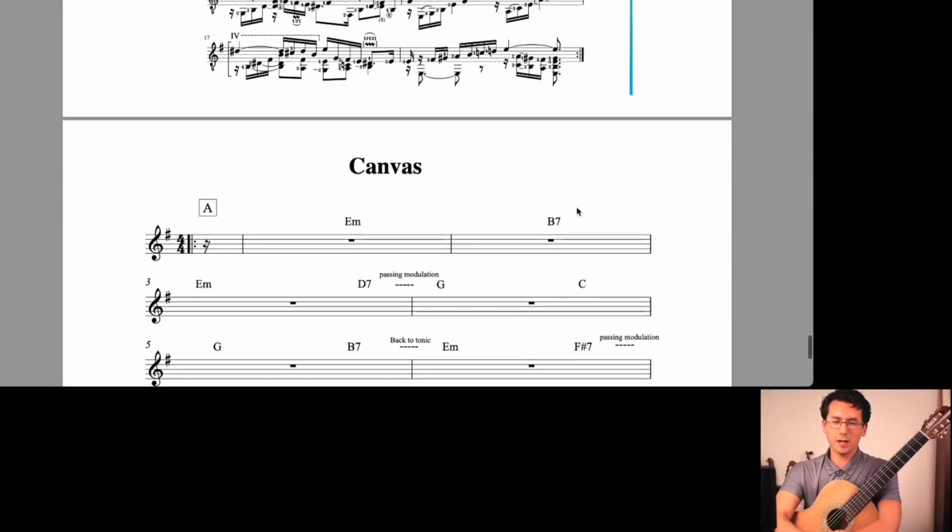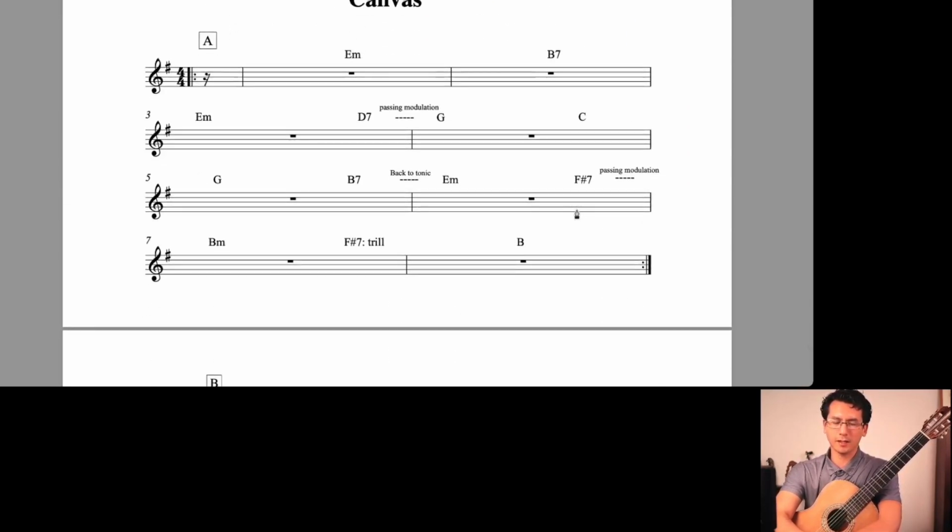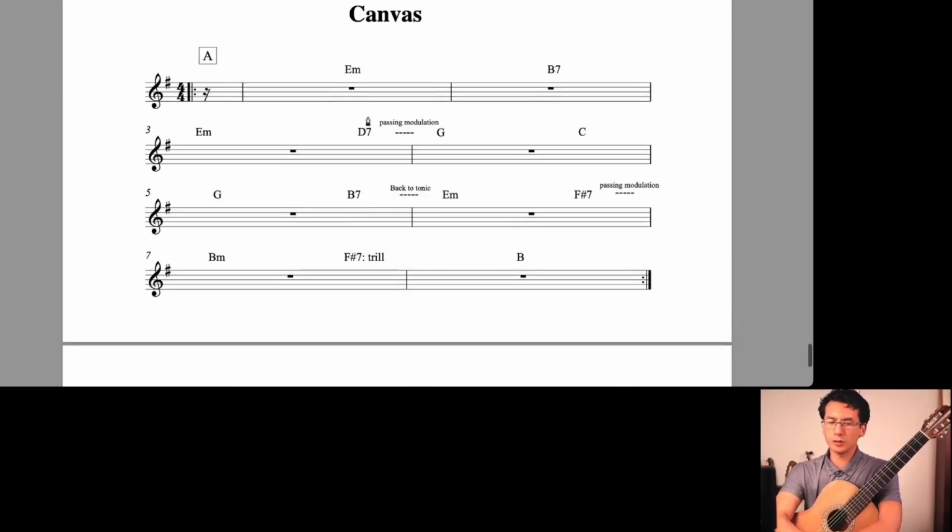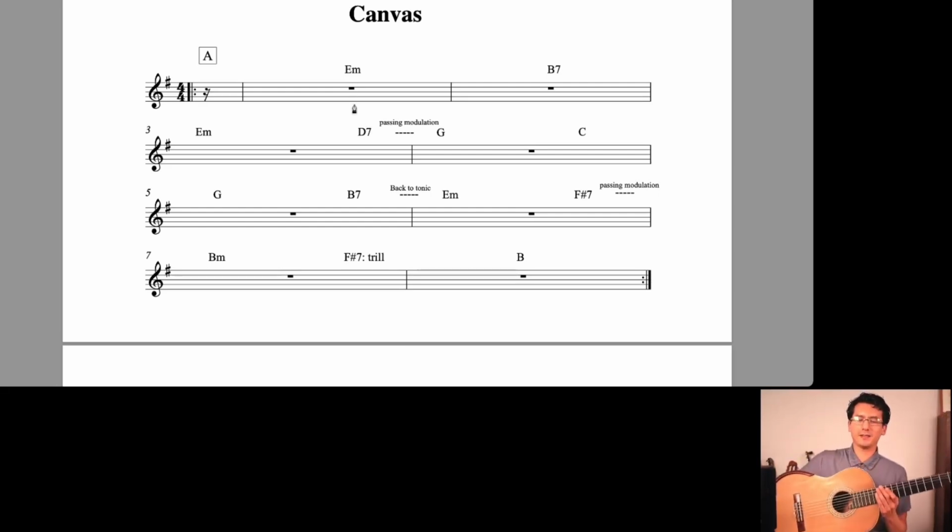Okay, so that's harmony, and then we've got a canvas here, which maps out the number of measures, the passing modulations and the harmony. So a lot of people just see this canvas and bang, an Allemande comes out in a couple of days. But you can give it a go, you can give it a start. You can improvise through, you can sketch something out just by following the harmonies, just using semiquavers